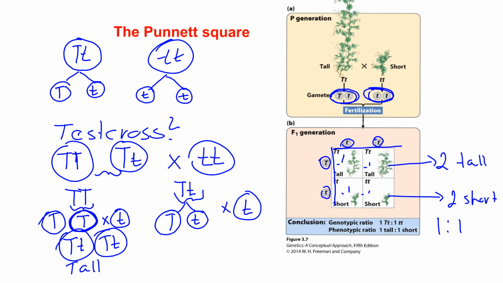So what would be outcome of this cross? If you cross this individual, you will have heterozygous individual which would be tall, and you will have homozygous recessive which would be short. So we will get tall and short in ratio